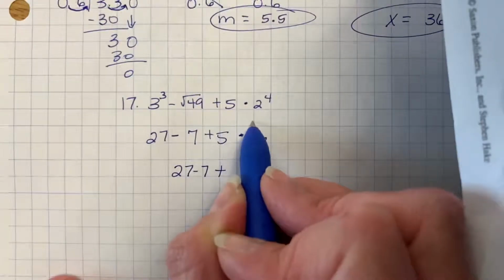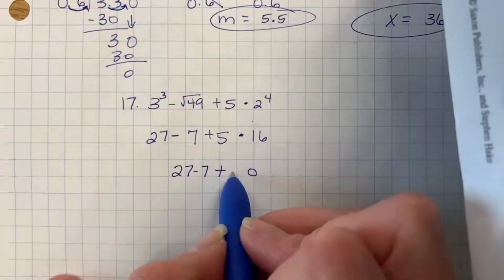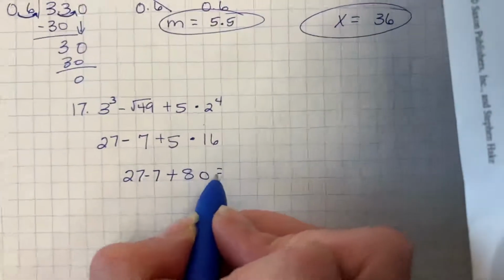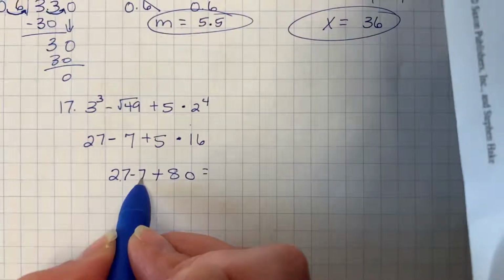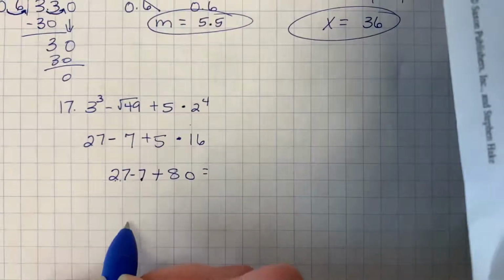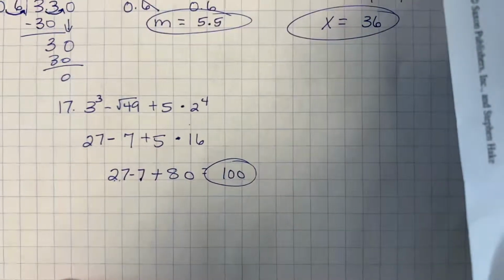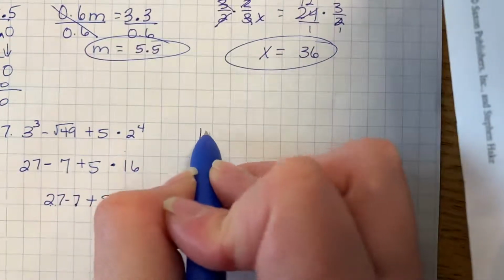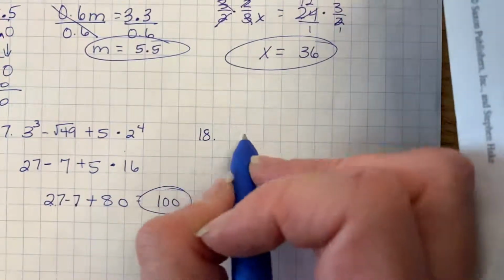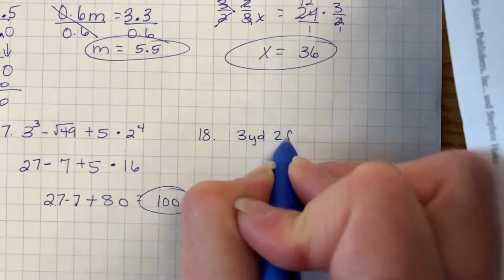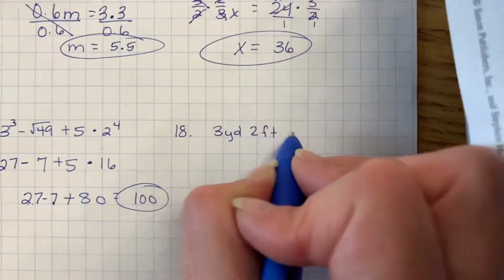Write down the 0, carry the 3. 5 times 1 is 5 plus 3 is 8, so 80. Now we can go ahead and do this calculation. 20 minus 7 is, or 27 minus 7 is 20, plus 80 is 100. There's our answer. Number 18 says simplify 3 yards, 2 feet, 9 inches,